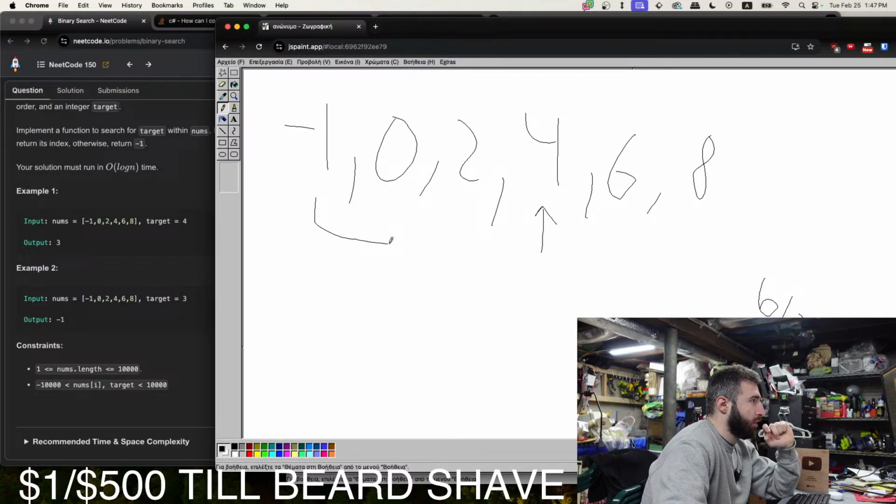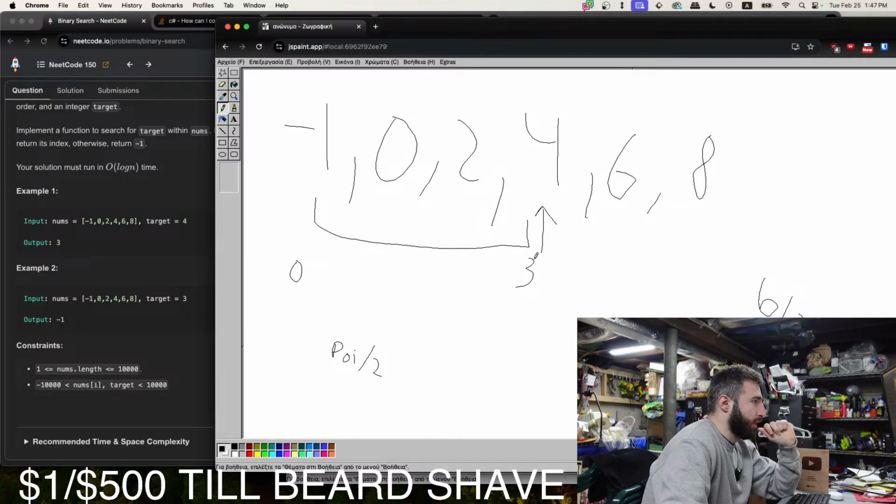So we are at 3, and the beginning is 0. So we do the current pointer divided by 2, say.